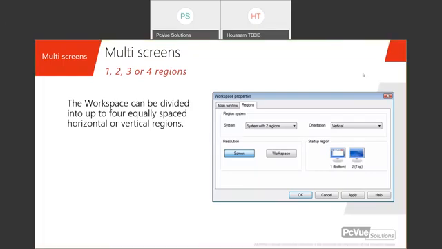presentation with now another very important thing about the multi-screens in PcVue. So basically, the workspace of a PcVue project can be divided into up to 4 areas, horizontally or vertically. We call that in PcVue a region. Most of the time, a region is a screen, a monitor, but not all the time. That's why it's not called monitor, but region, because as you will see during the demonstration, it's possible to divide one screen in separated